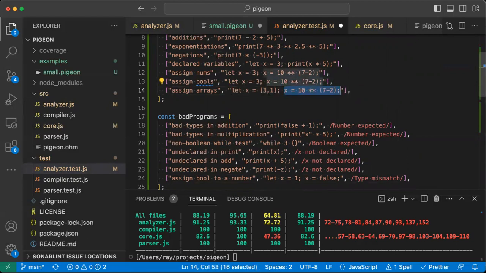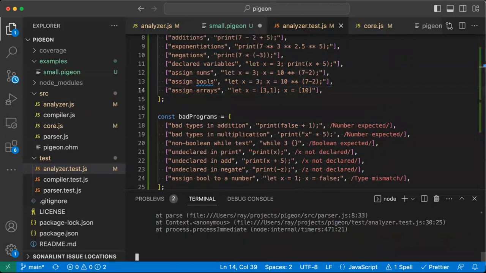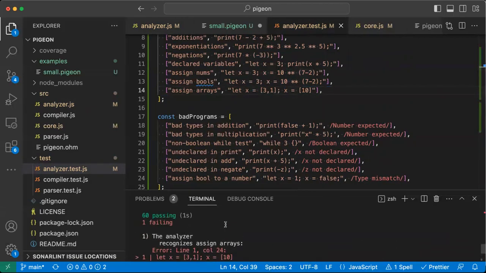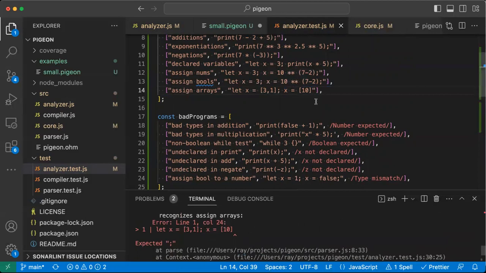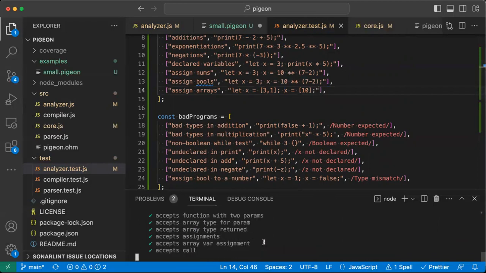Now we haven't done anything for the arrays yet, so let's write this thing and then watch it fail. So we should be able to say, all right, let X equals this, and then we should assign to it another array. Maybe we'll just do one with a 10 over here. And this is an array of numbers being assigned to an array of numbers. Maybe we should add numbers in a future video. Okay, we do have a test failing as expected. Well, the test failed like expected, but not for the same reason. We had just forgotten a semicolon. Running it again,